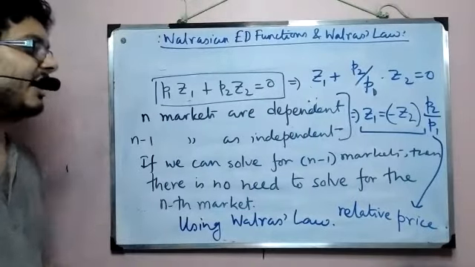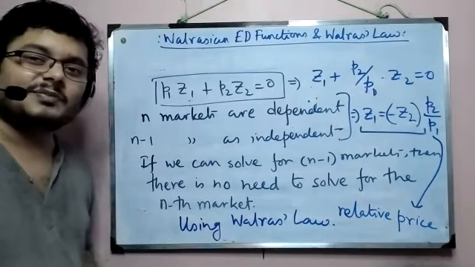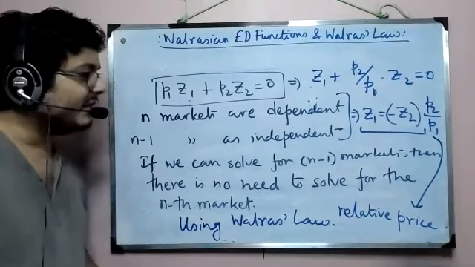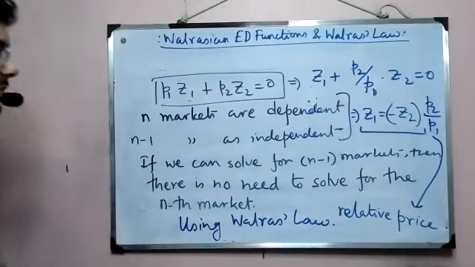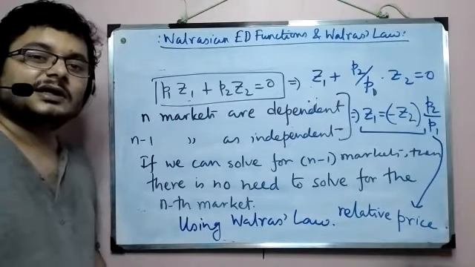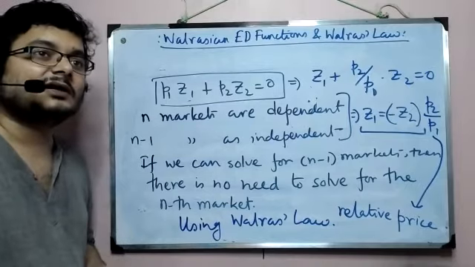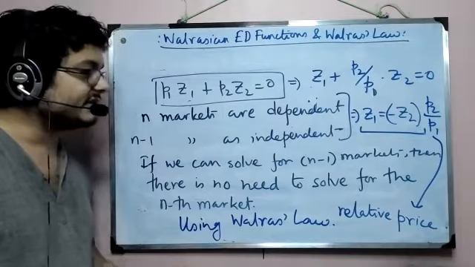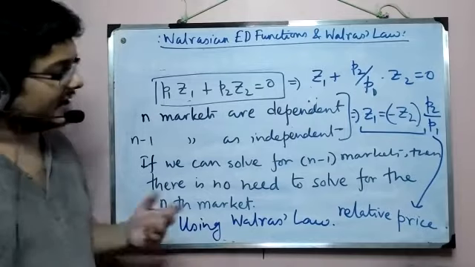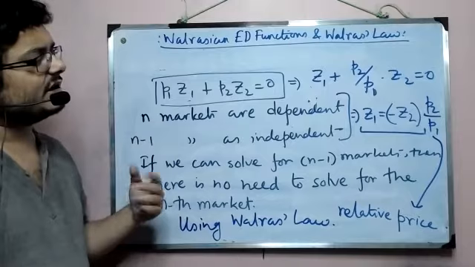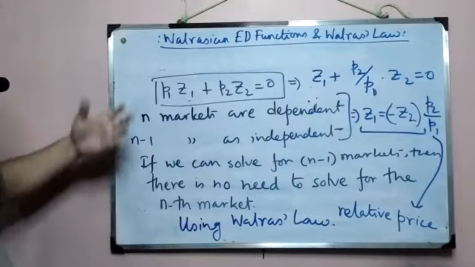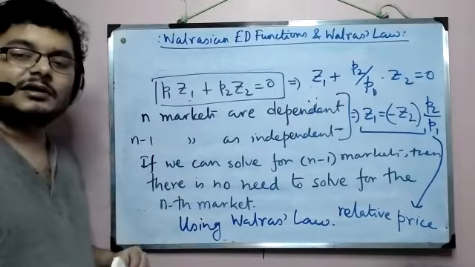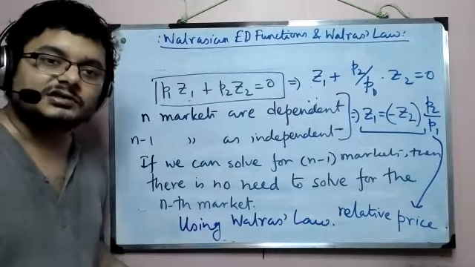and we cannot actually find P1 and P2 separately because they are dependent, right? So we have given P2 by P1 some fixed A. We can have an infinite set of P1, P2 which satisfy that relation, that their relative price is A. So earlier we showed it in a different fashion, but this is a far stronger argument, and more so because it comes from Walras' law.